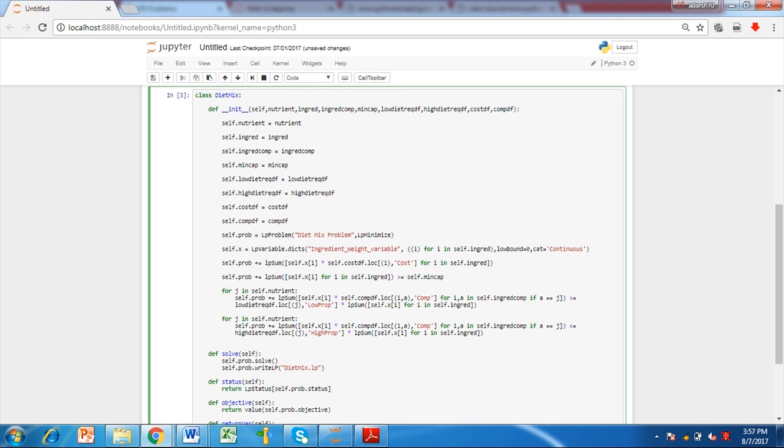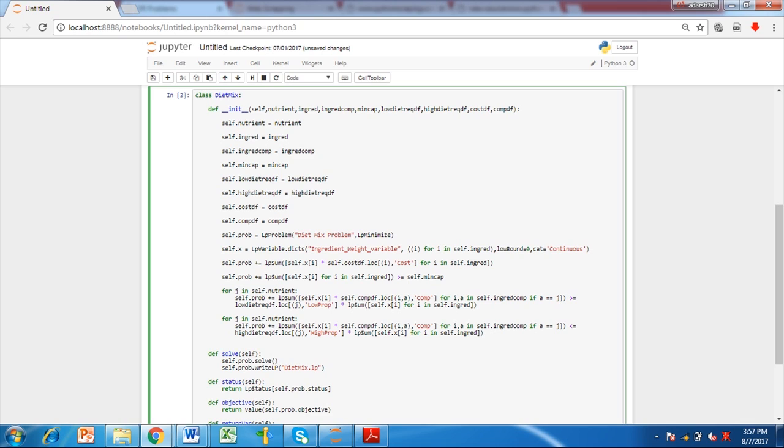The first constraint defines that the total weight of the ingredients used for the feed mix is at least 800 kg. The next two constraints are for lower and upper threshold of the prepared feed mix. The second constraint depicts that the proportion of nutrient in the total feed is greater than or equal to the lower threshold, while the third constraint defines it to be less than or equal to the upper threshold.